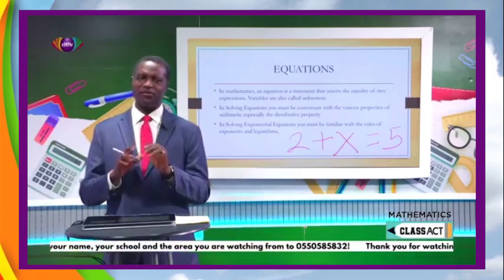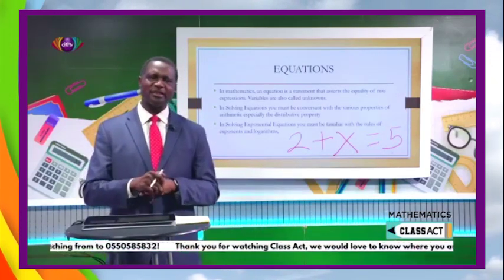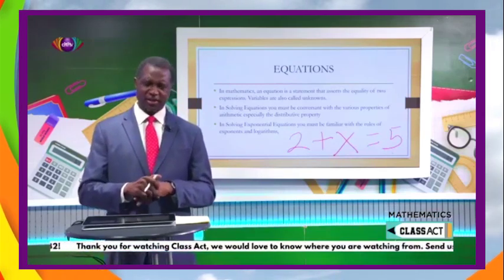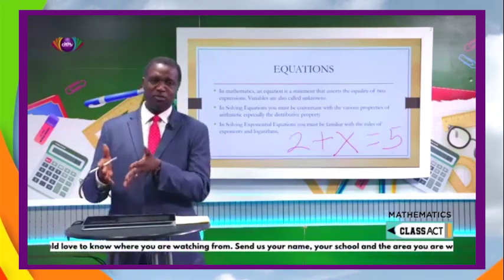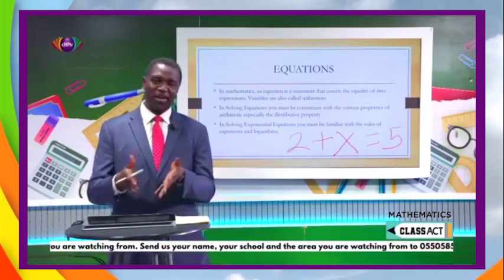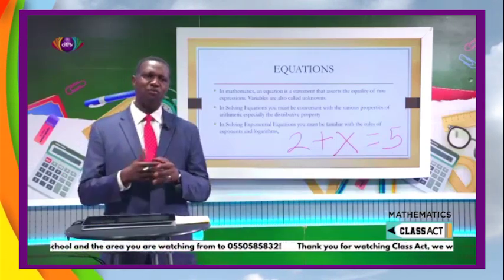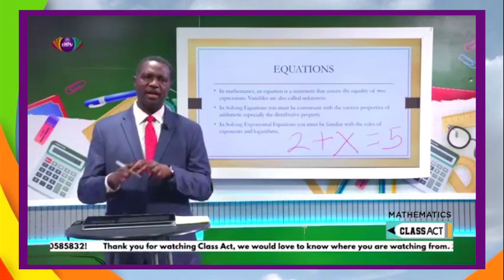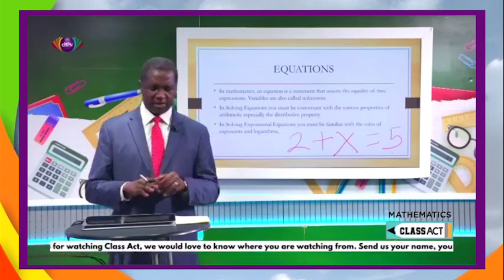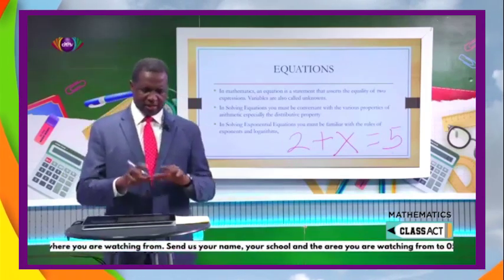Even though I can see your faces, I think you are sitting in your seat and saying, so is that algebra? Is that just 2 plus the box? And that box used to be A or B or C or X, and now we've gotten rid of the box, and then we are moving into what we call algebra and not arithmetic. It's as simple as that. I hope you have fun today.